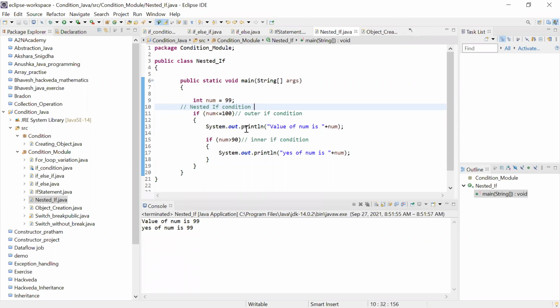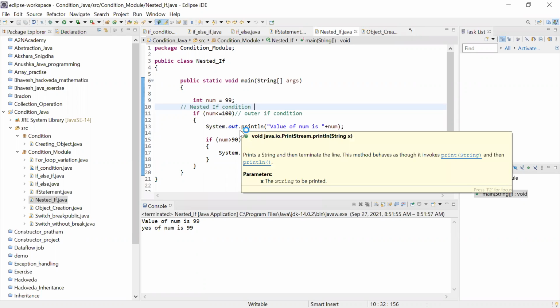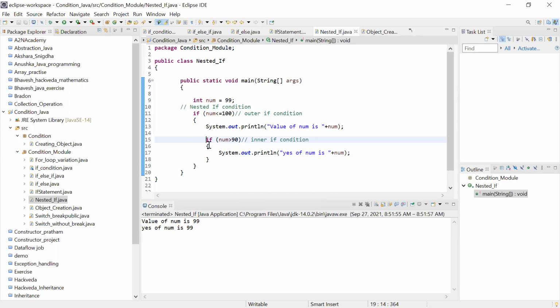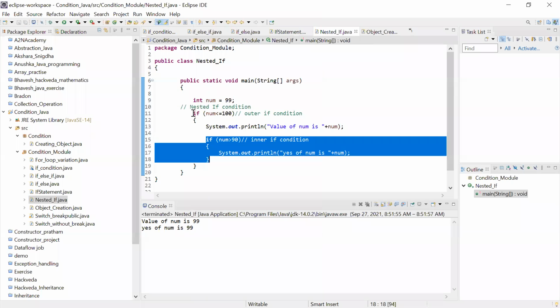So this is called nested if condition. Nested if means there is an if condition inside another if condition.